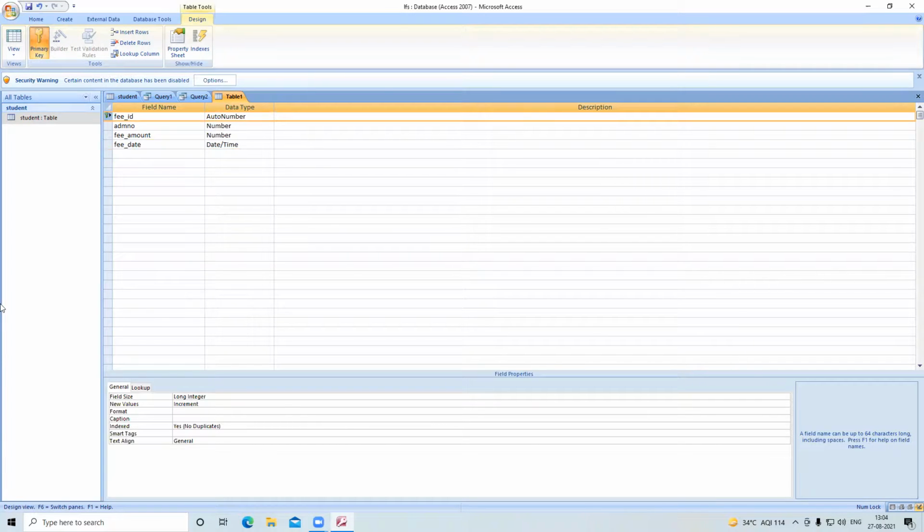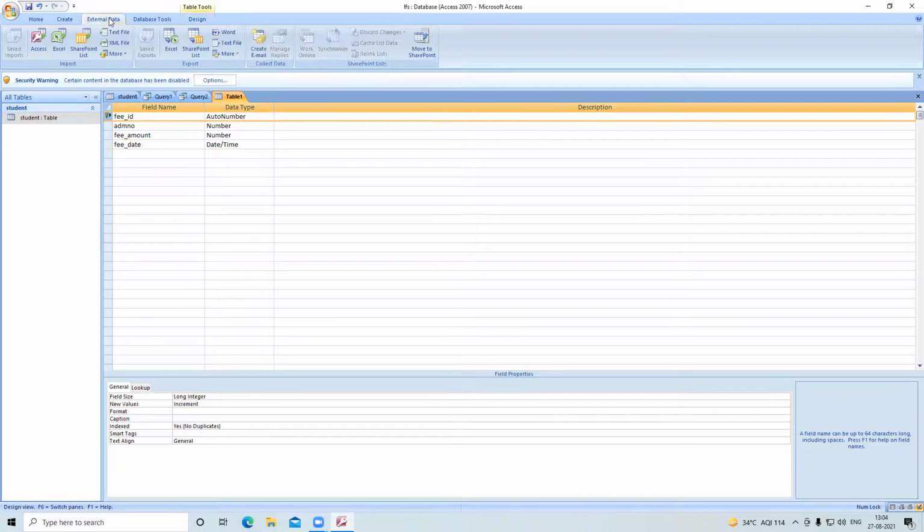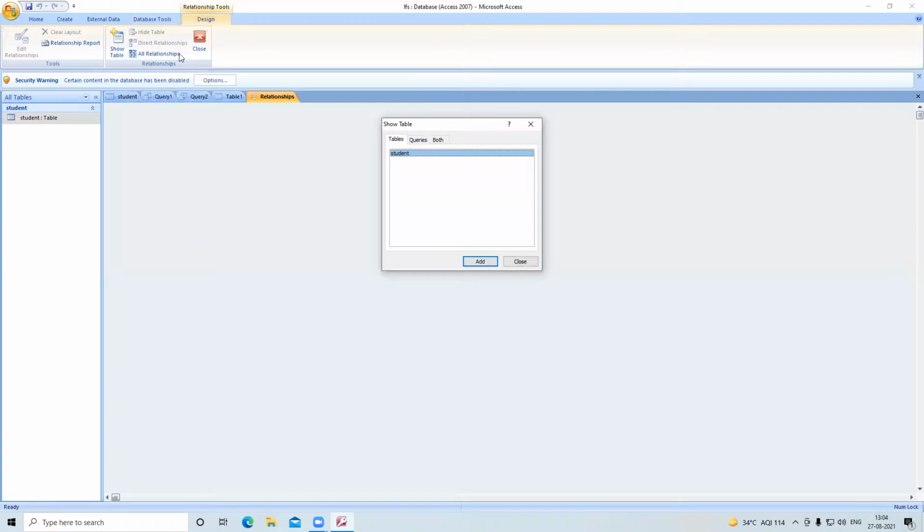Now what we have to do, we have to click on the database tools and click on the relationships. Look here. Okay.